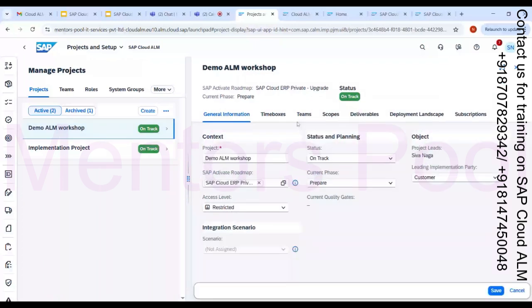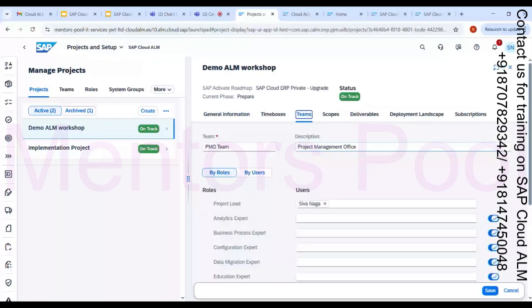So team alignment needs to happen. PMO team is going to be there by default. If you want to create your custom teams, let us consider you're handling a Rise migration project, where you're going to do the upgrade or as-is migration or 2B migrations, any upgrades, conversions, all these things happening, and different teams are going to be there. If you want to create different teams, for S4 upgrade, a separate team needs to be there. For BW upgrade, a separate team needs to be there. For GTC migration or GTC conversion, a separate team needs to be there. Like that, if you have any such requirement, you can create different teams